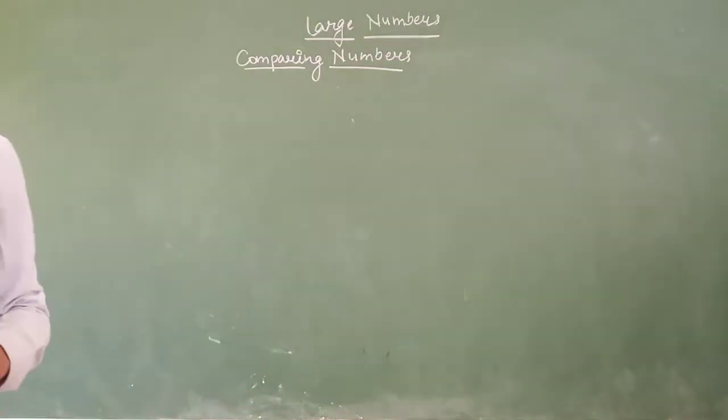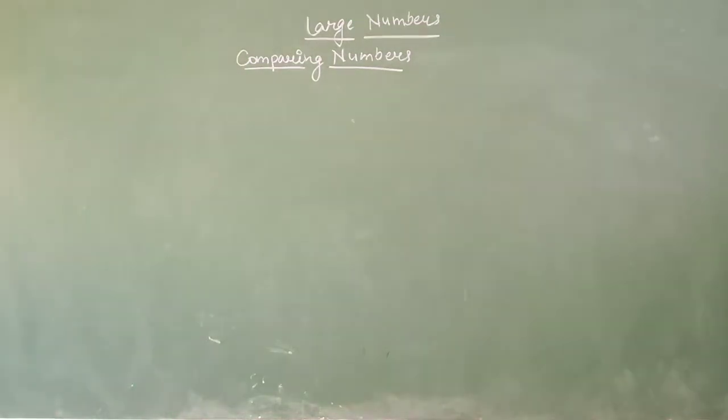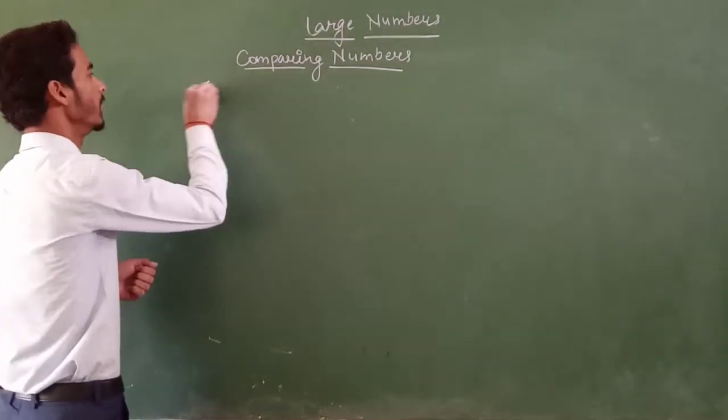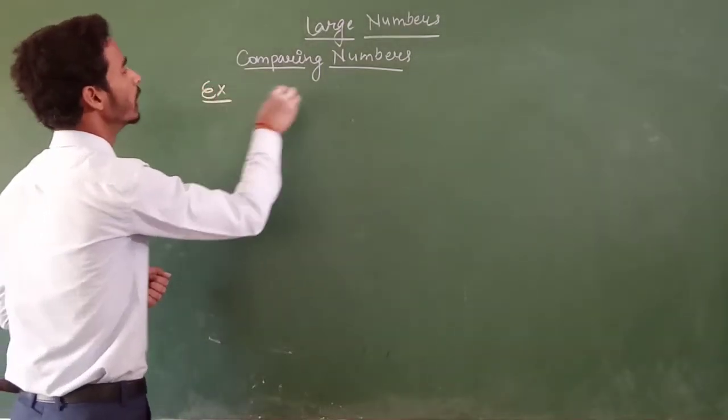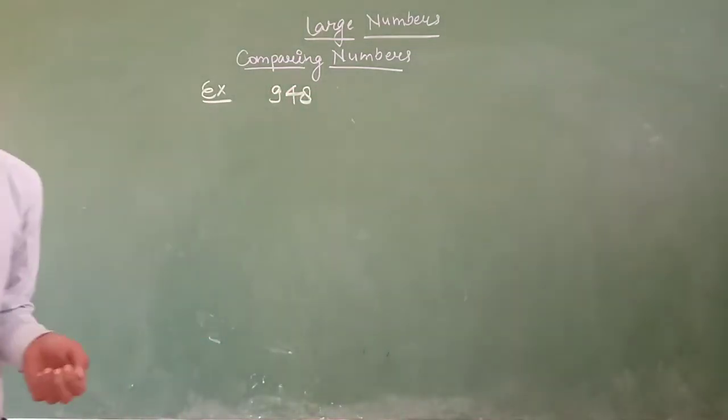Hello student, and now in comparing numbers we have to learn how we can compare numbers when the number of digits is different. First condition: when the number of digits is different. Example, compare 948 and the second one is